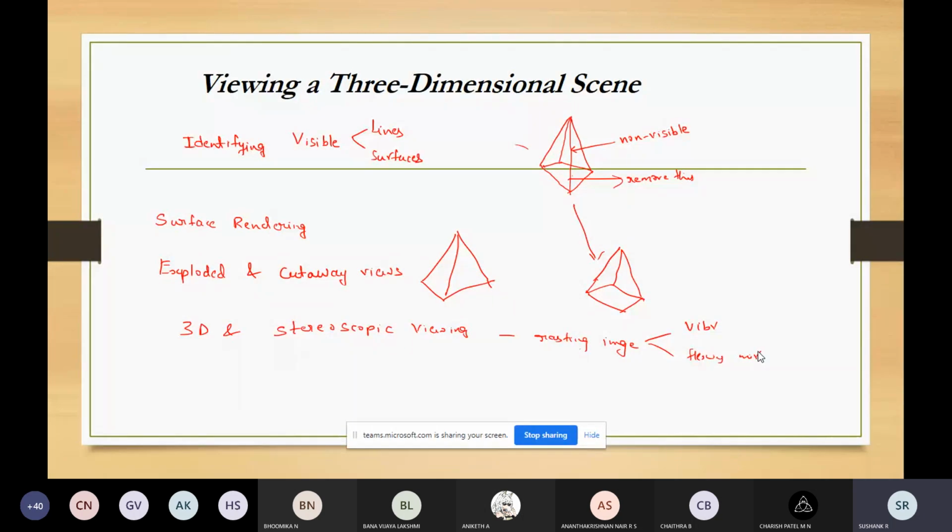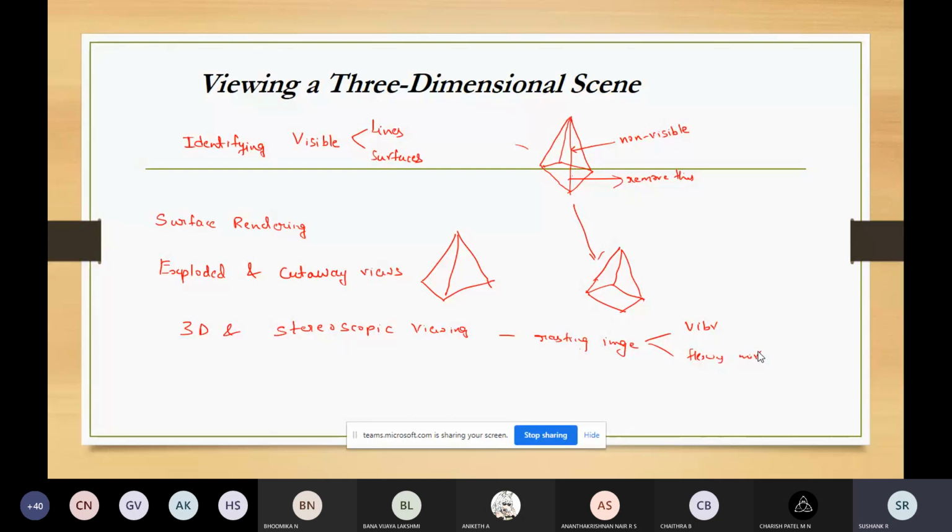So identifying the depth to identify the front surface and back surface of the object, then identifying the visible lines and surfaces to add the realism, surface rendering to check the internal structure of an object, exploded and cutaway views, and then the 3D and stereoscopic viewing.